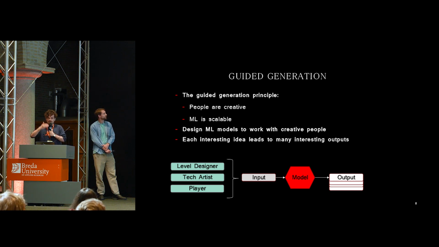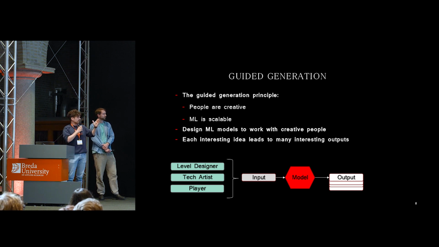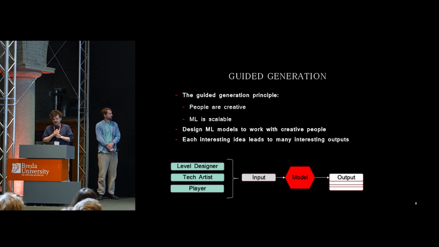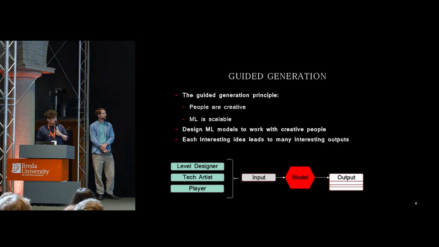So what we want to do is design these ML models from the start to work directly with creative people. When I say input here, I don't mean that people are giving oversight input on how we should train a machine learning model, but literally passing input to a machine learning model, and then combining that with seeded noise, we can generate interesting outputs. The input will be a sketch or an idea of something that somebody wants in a game or some sort of content, but a non-detailed version. And then the machine learning model can take that sketch and some random noise and generate something that is unique every time but fits that sketch. That's the concept we're aiming for.